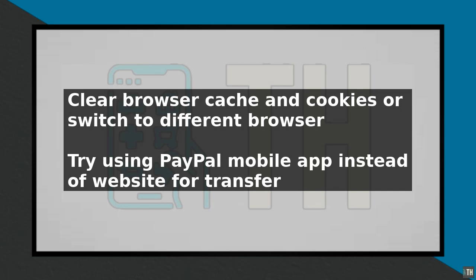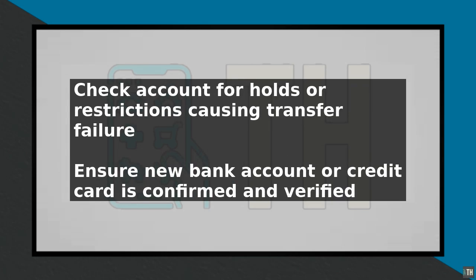Remember to always keep your account information up to date and monitor your transactions to avoid any future issues. To prevent transfer failures in the future, regularly review your account activity and transaction history. Ensure that your account information is accurate and that you are using the most up-to-date version of the PayPal website